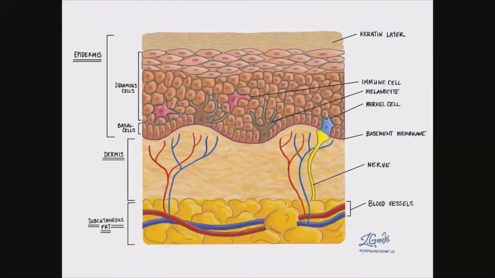Okay, so we can make out here clearly the immune cell or antigen presenting cell, the dendritic cells, or we call them Langerhans cells, in the layer of stratum spinosum, especially in the upper part. In the stratum basale, we have melanocytes, and we also have Merkel cells, where the nerve is ending and forming the Merkel disc. Okay, so these are the important ones.